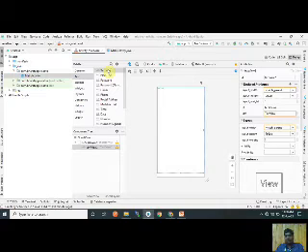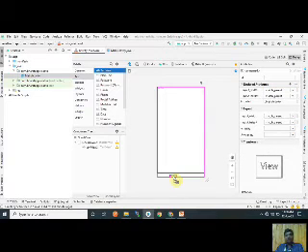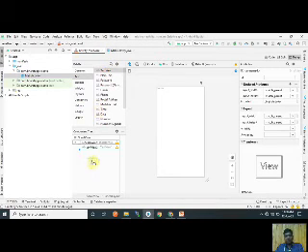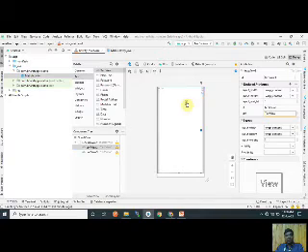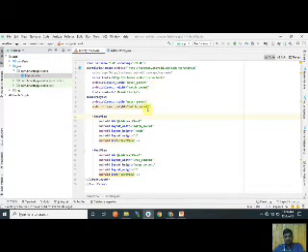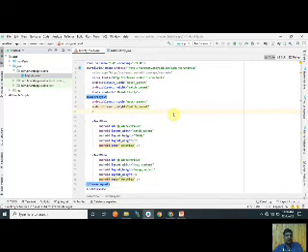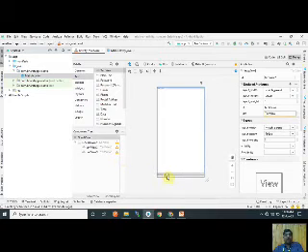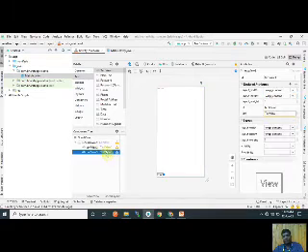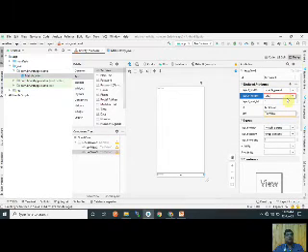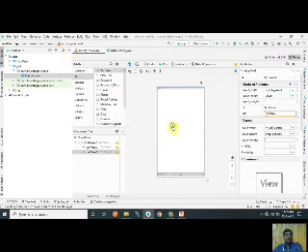Now I insert all the text views. Oh, change the layout orientation to vertical. Okay, now I insert a text into this.